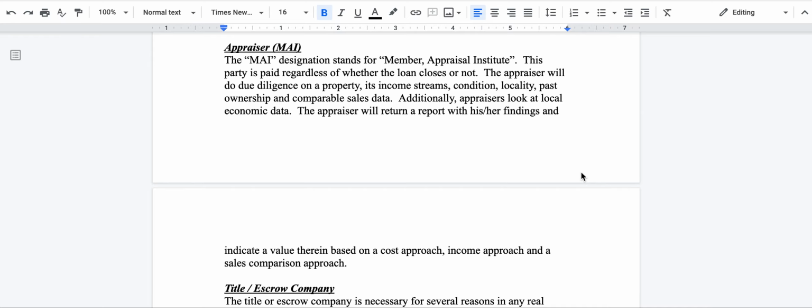An appraiser will return his report, and it usually takes 3 to 4 weeks to turn an appraisal around. They will offer 3 different approaches: a cost approach, an income approach, and a sales approach. The cost approach is, simply put, what would it cost to take the land and build a vertical building on this location with all the costs associated with it in today's environment? What is that cost today? That would be one approach that they focus on, and typically that's utilized in almost every appraisal.